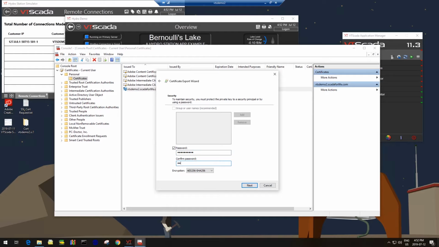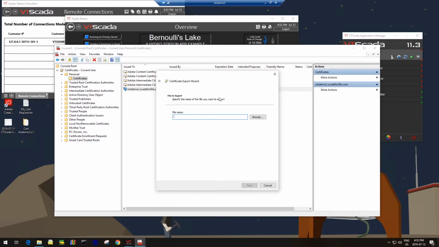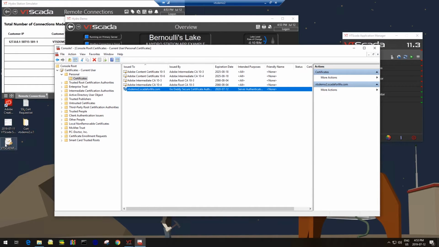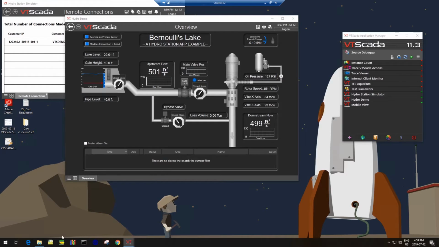So I just confirm my password here, and we'll be able to click next as we carry on through the wizard. So here we just pick a file name where we want to export to, and I'll click next and finish to end the export here. Okay, now that the export was successful, I can delete the certificate from the Cert Store